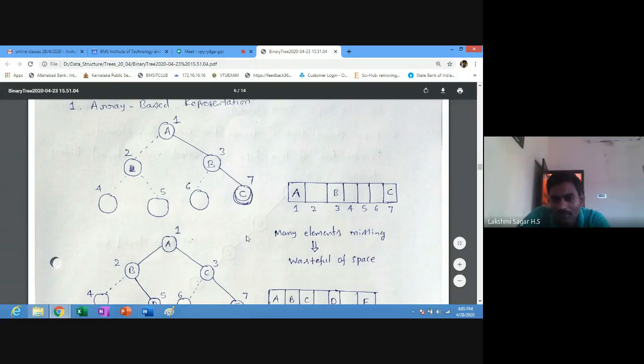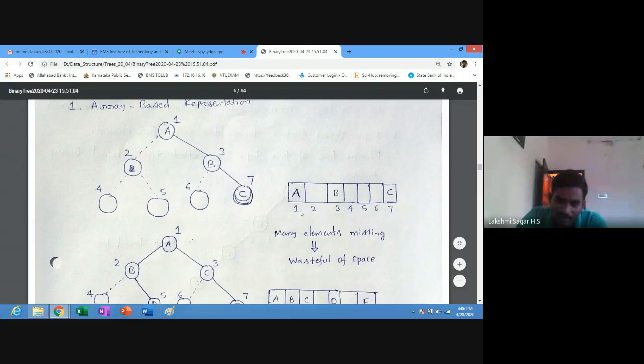So the total number of nodes in this binary tree is 7. In that, only 3 nodes have elements and the other nodes do not. You can represent it using an array. You need an array of size 7, indexed from 1 to 7, not 0 to 6.